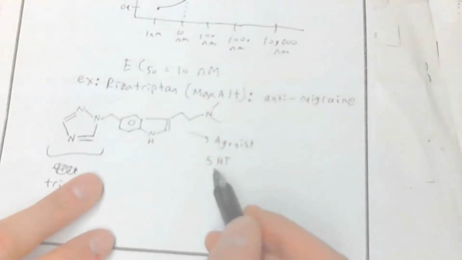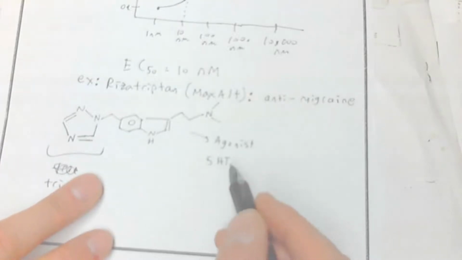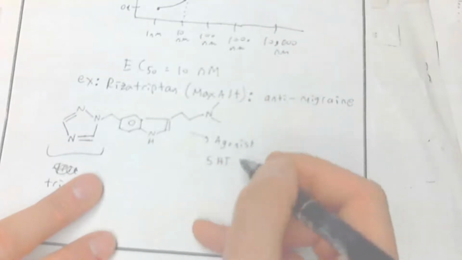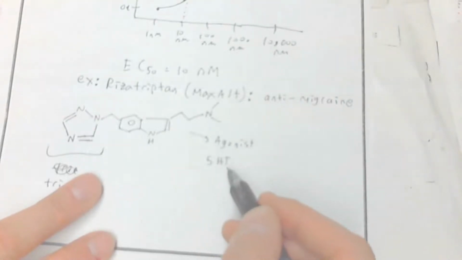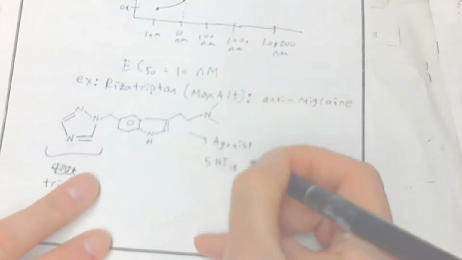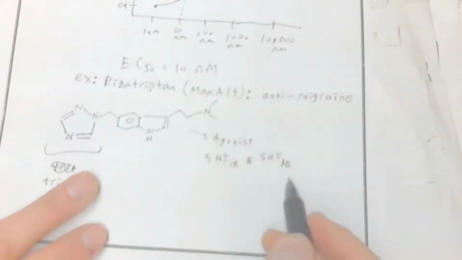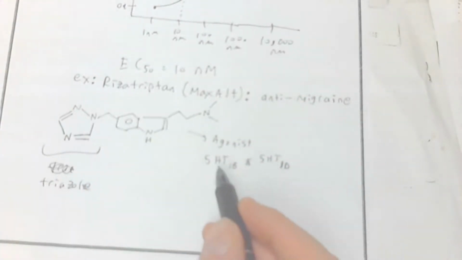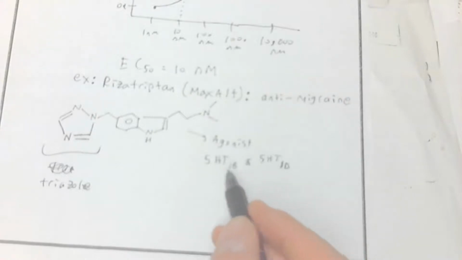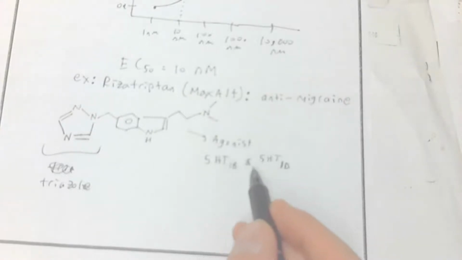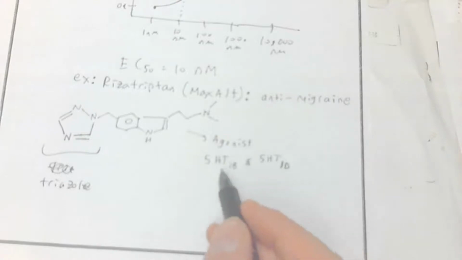5-HT is serotonin, 5-hydroxytryptamine, I think it is. It's one of the neurotransmitters. There's a bunch of subtypes of 5-HT. So there's 5-HT1B and 5-HT1D. And somehow these subtypes of the serotonin receptor, 1B and 1D, if you activate them,